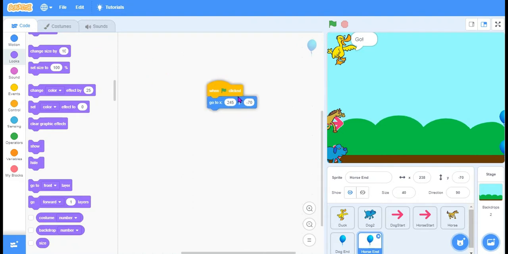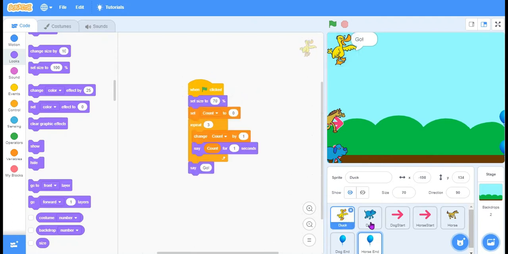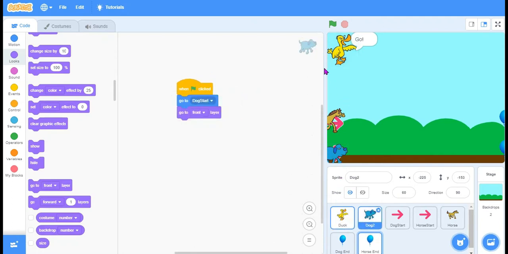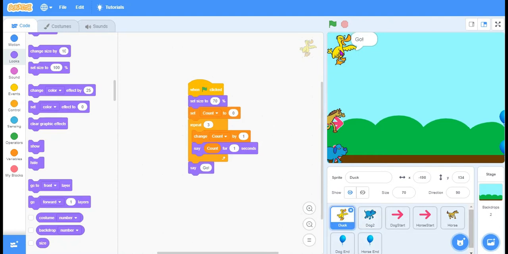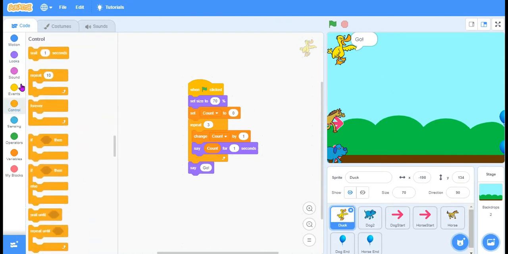Okay, now that we have our space ready, the remaining thing is to pass information. Now this duck is the one to pass the information to them. This go is not enough for them to start the race. We want them to receive a message that, okay, actually we can start the race. That's why we have, under control, something like, under our events,